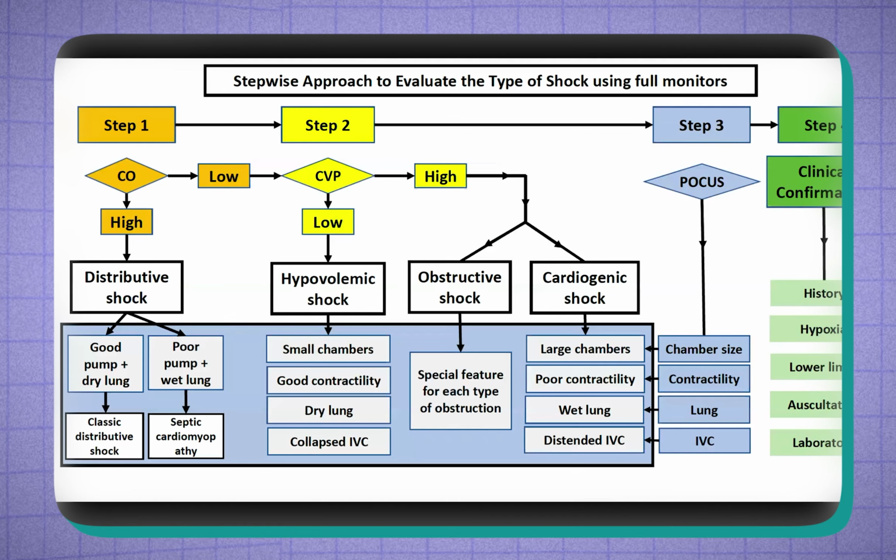So these are the traditional ways of looking at a patient with shock using ultrasound. If you don't have an ultrasound, what you can do is measure the cardiac output. The question comes, how will you measure the cardiac output? Traditionally the PAC, pulmonary arterial catheter, was used. Before around 2010, intensivists used a lot of PACs in shock patients and ICU patients, but later on it went out of vogue. The reason is that PACs are invasive and can cause complications on their own. Plus, there is a lot of